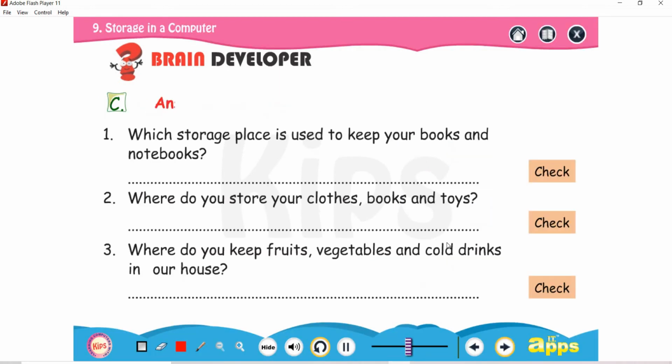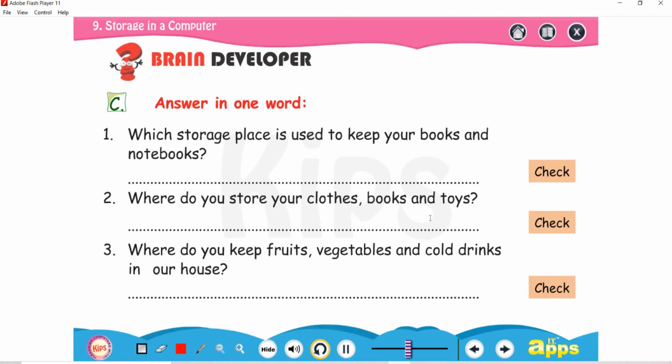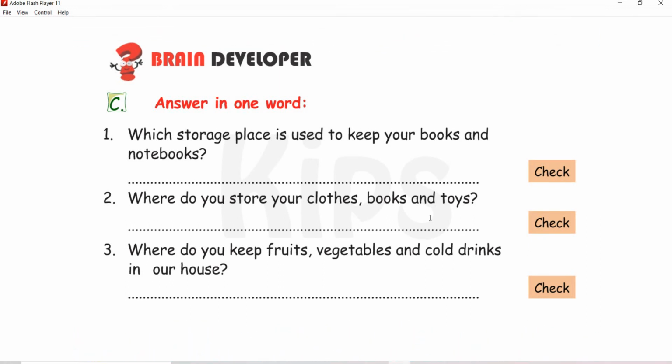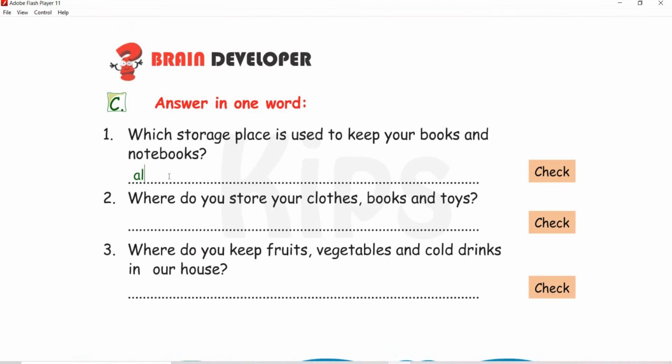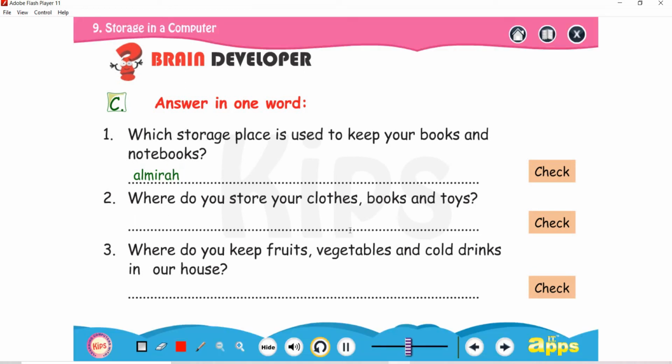Next question, answer in one word. Which storage place is used to keep your books and notebooks? All of you know, just now I told you, the school bag. Next question, where do we store your clothes, books and toys?